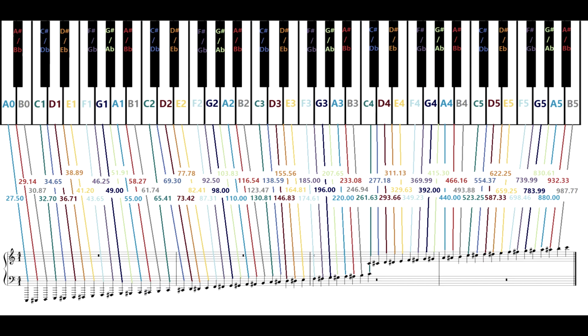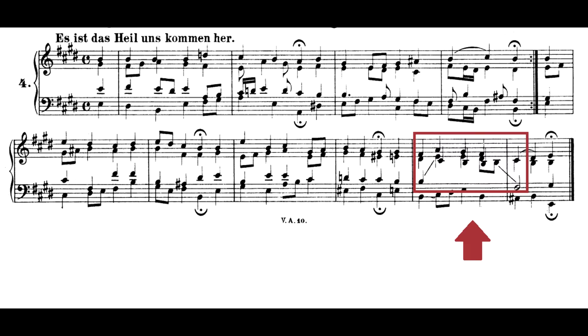For piano music, you may see bass clef notes that go high above the staff, and these notes will actually just be written in the treble clef instead. The same is true in reverse. Instead of using ledger lines for treble clef notes that go lower than the staff, the notes are simply written